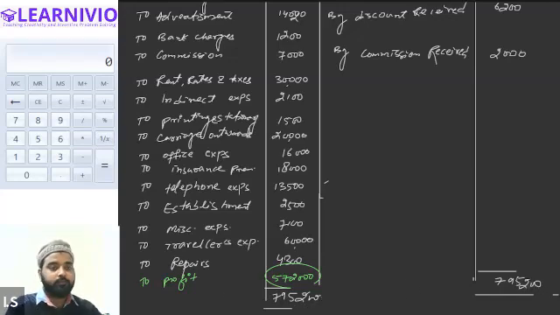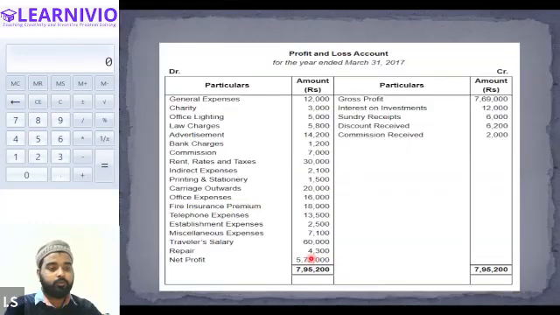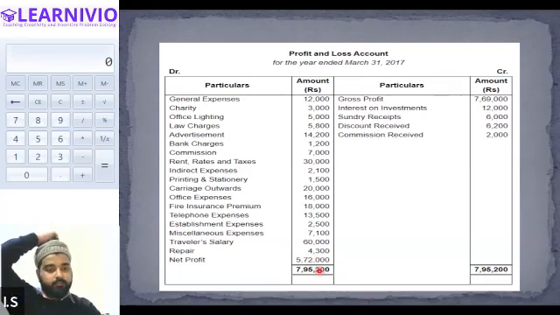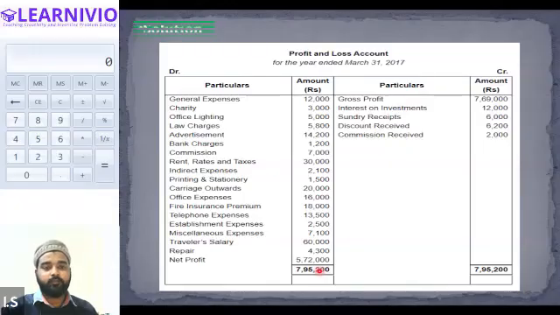Okay, I hope the question is clear to all of you. So if you want to take a screenshot of the solution, please take it, and then we will move forward to the next question. Do let me know when you are done, everyone. Sir, I already wrote it. Okay. All right, so let's move to the next question.